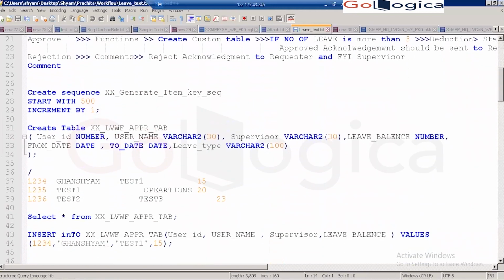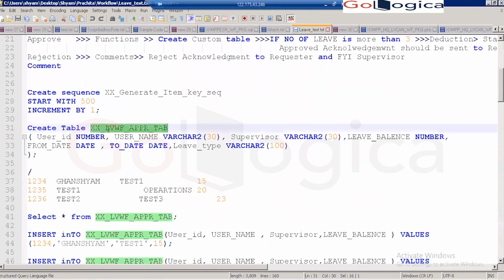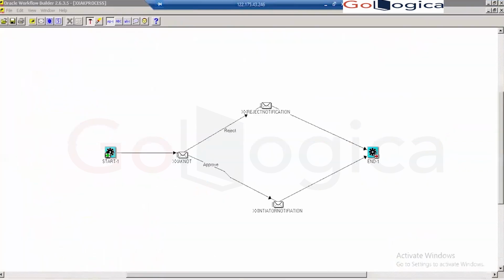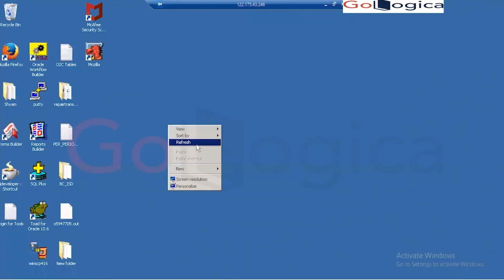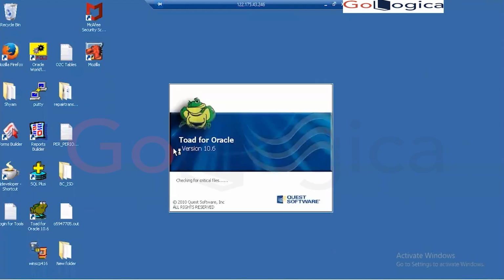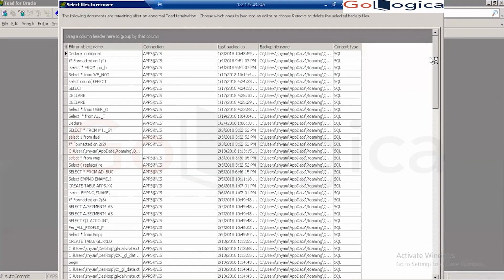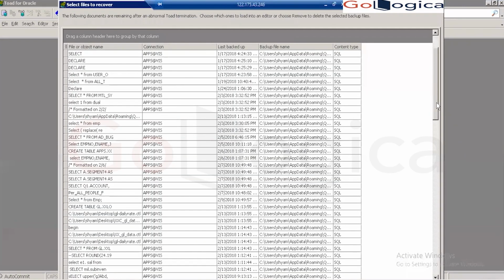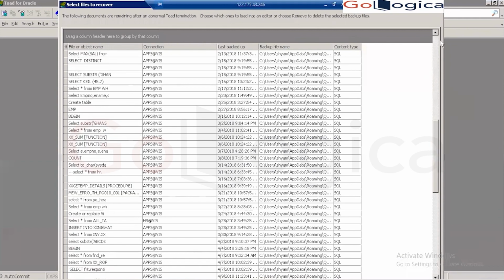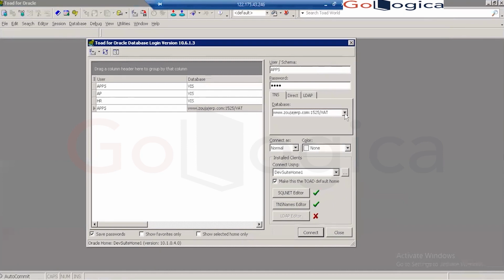We have already created the sequence, and I had created one table also. Let me check whether this table is there or not. Supervisor leave balance. Okay, let me check it from the database. Basically, we need to create one database function. That database function should handle what happens when we are going to add